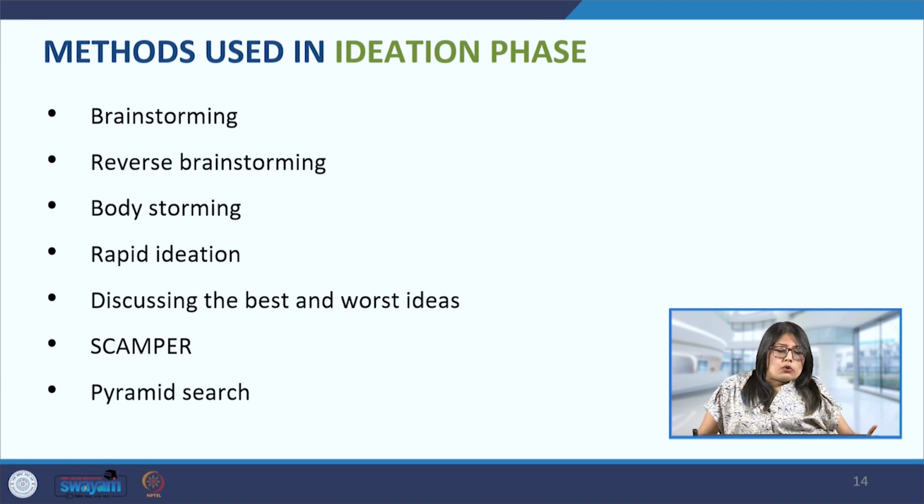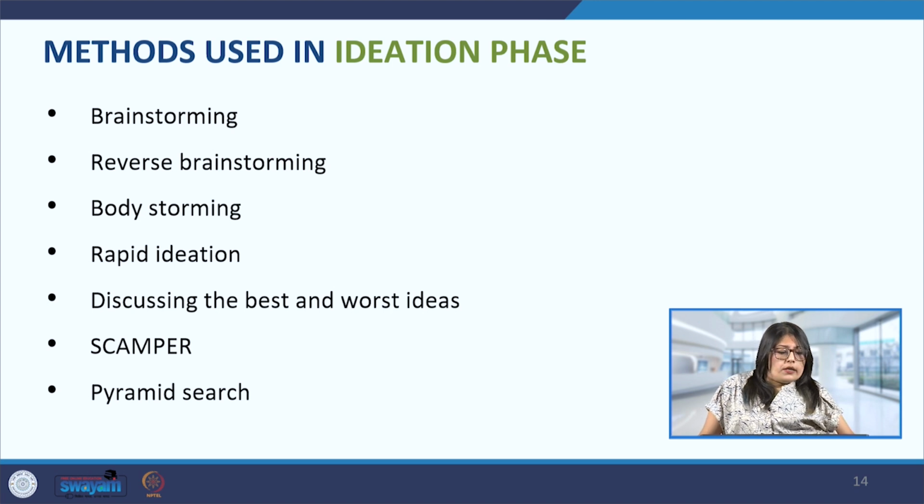So that is the brainstorming step. Reverse brainstorming is where we identify ways to cause the problem rather than solve it. So we look at various ways in which the solution may fail. When we look at it from the other perspective, we get to know all the weak points, where the solution can possibly fail, so we can now strengthen those points.